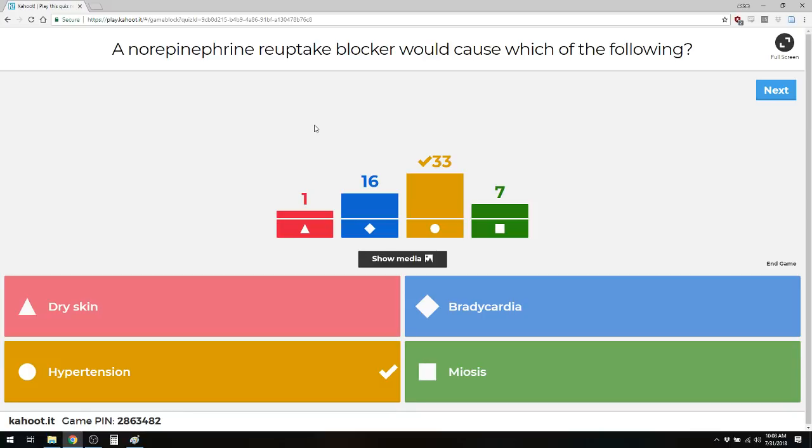Alpha 1, right? So by causing more activation of alpha 1, that's going to cause more smooth muscle constriction of the blood vessels. You expect to see hypertension. Now, again, clinically, this becomes important when you're trying to decide what the best drug is for